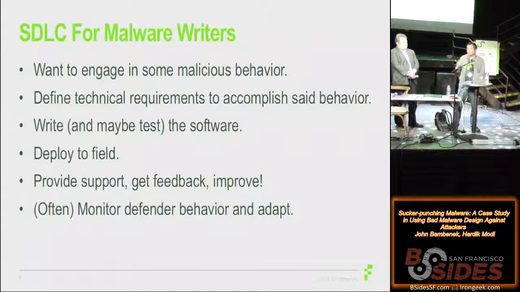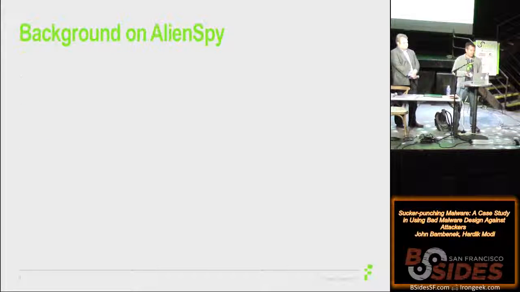But at the end of the day, what is somebody doing when they're writing software? They're building requirements. The developers are writing the software. They're testing the software. Hopefully they're deploying it. Eventually, they get to that stage. They get feedback. They do support. All of this process that your average software developer follows in a software development house is what the malware developer ends up doing. And so this is where we get opportunities to observe what they are actually trying to do, and then how do we end up getting in the middle of that?